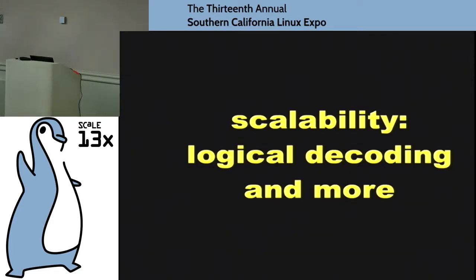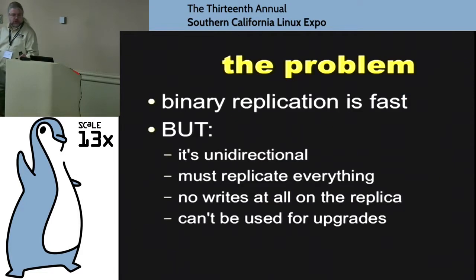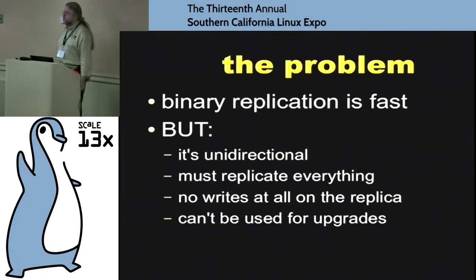So now let's talk about our second part, which is scalability. The main scalability thing that got added to Postgres in 9.4 is called logical decoding, which is a little bit cryptic, so let me explain it in terms of the problem we're trying to solve. Postgres binary replication is fast. How many people are using the built-in binary replication for Postgres? If you're using Heroku or the read-only replicas for RDS, you're also using binary replication. So a few people.